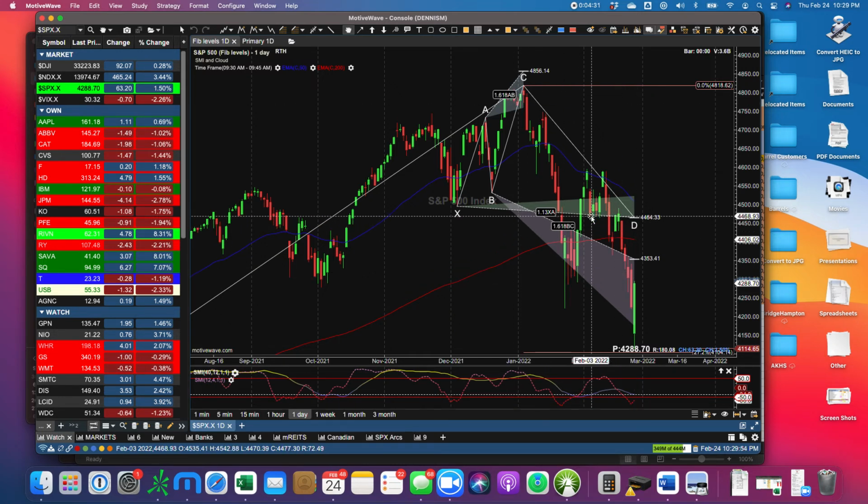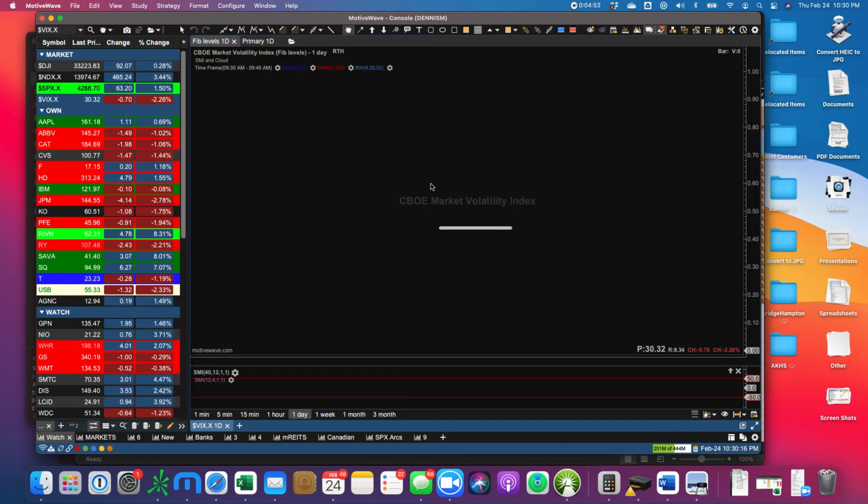And where did it come to rest? Well, right at the bottom of the shark pattern prediction, 61.8 up here, 61.8 down here, overshot it, just like it undershot up here, and now we're on the way back up, and the stochastics are all looking for a turn up as well. The volatility index,